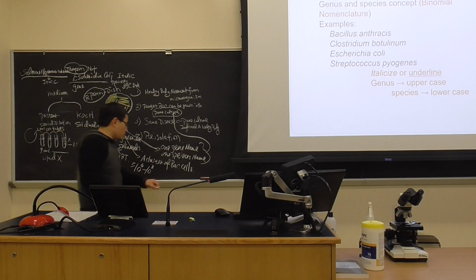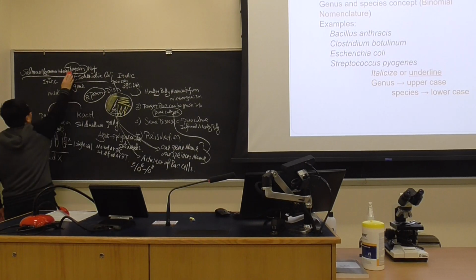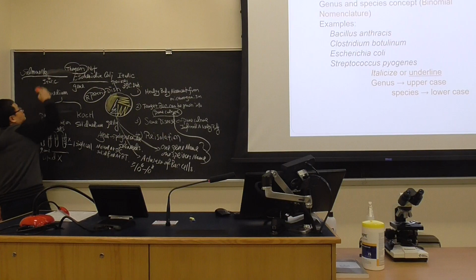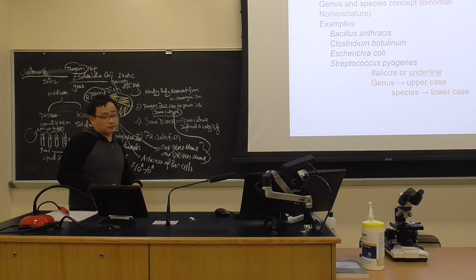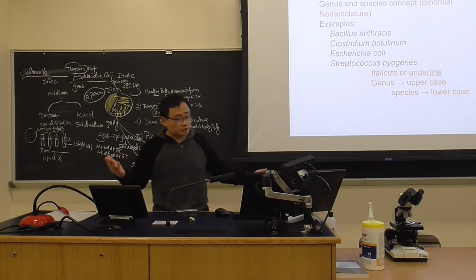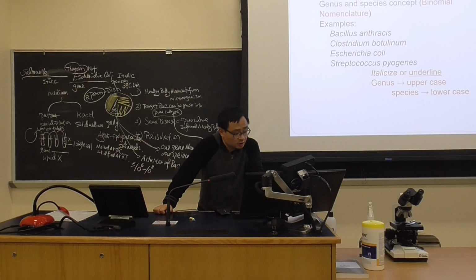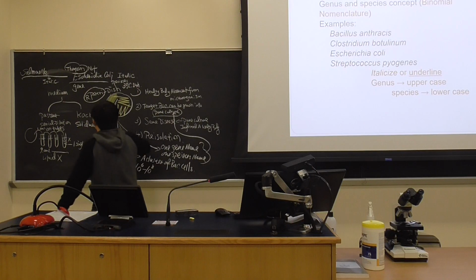And people think you are very smart, so what they do, they skip the whole section. So when you see Salmonella Thompson, no italic. That's always a tricky question for a PhD qualifying exam. PhD students need to get a degree, they need to go through the qualifying exam. That's always a question. Why is Salmonella Thompson not italic? Because the correct and easiest answer is Thompson is a subspecies name, not a species name. It's very interesting, but it's a very tricky question.